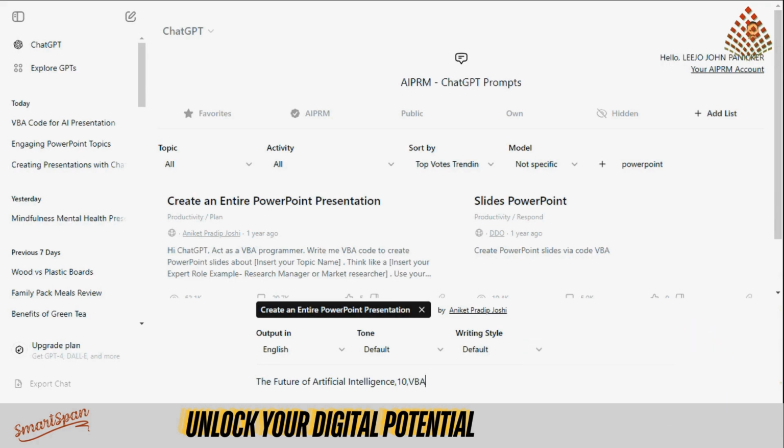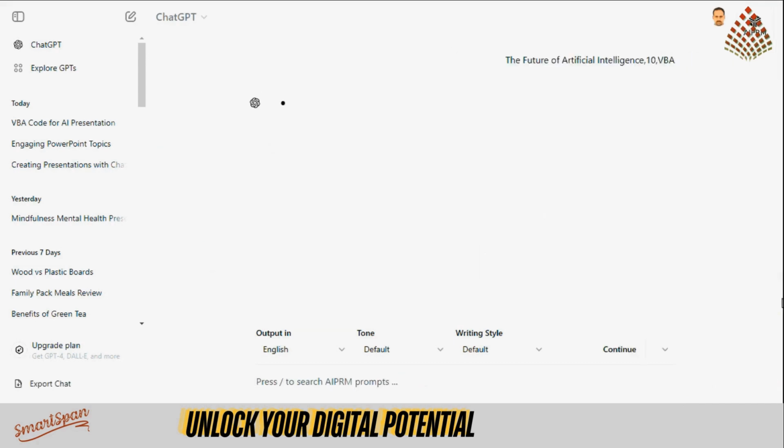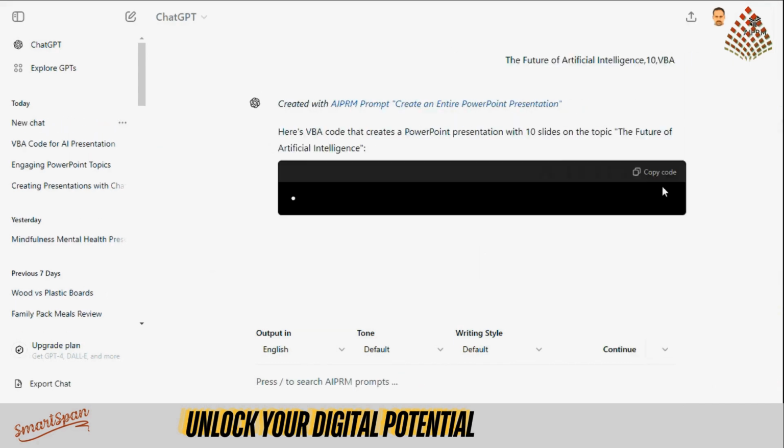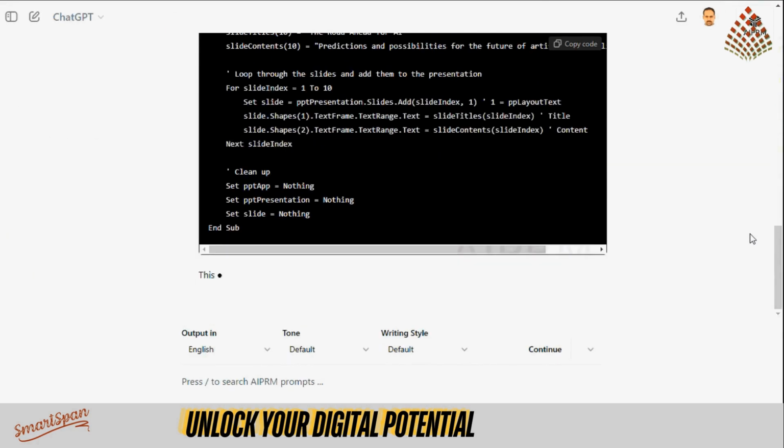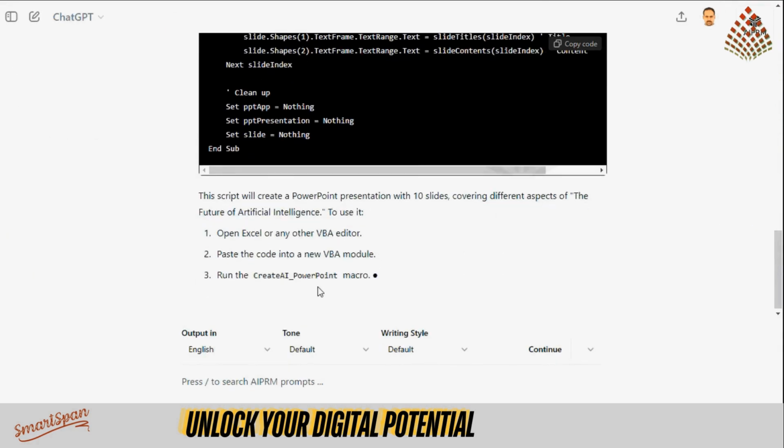Here's an Apron prompt for a presentation outline. I'll type in my topic and let ChatGPT generate VBA code for that. Now we can follow the process of copying the VBA code in PPT, as we saw in the earlier